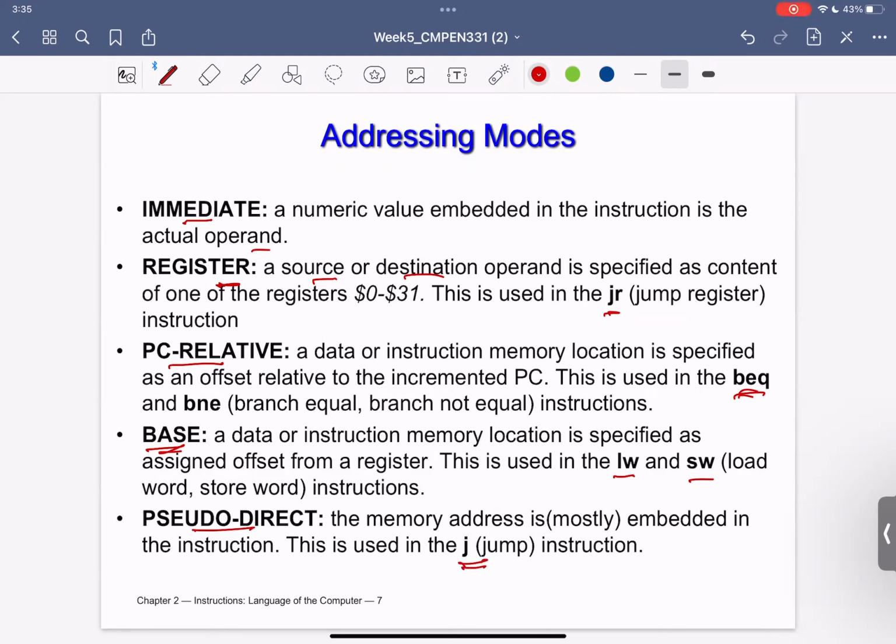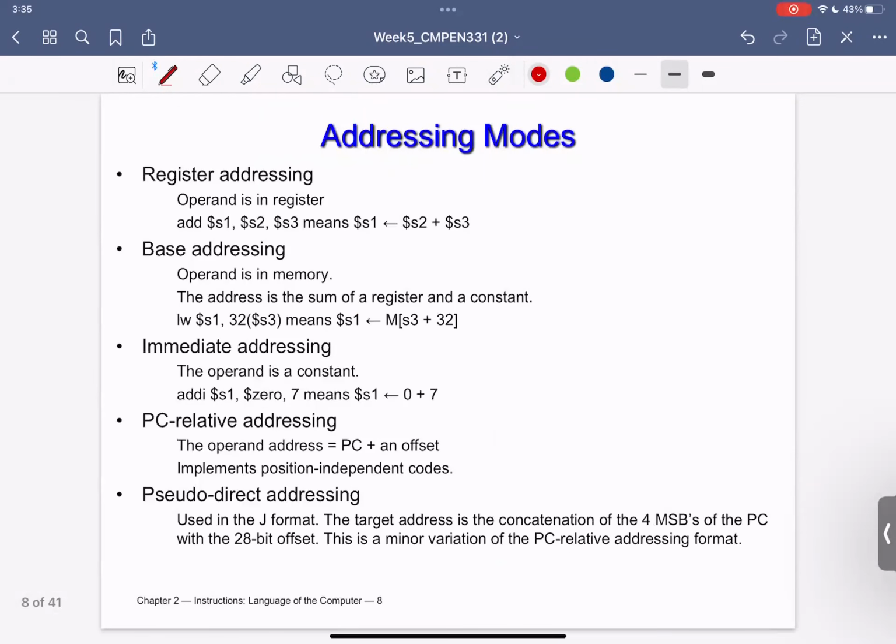Okay, so suppose that this is just the highlights, but we still did not understand that in detail. Let's go further into detail with what is explained here. Again, register addressing. This is an example, add S1, S2, S3. What exactly am I referring to? Please go to that particular location, S3, inside my register. You will find a number there. Add it to another slot, which is in S2, add both of these, put the results in S1. So this is basically the idea.